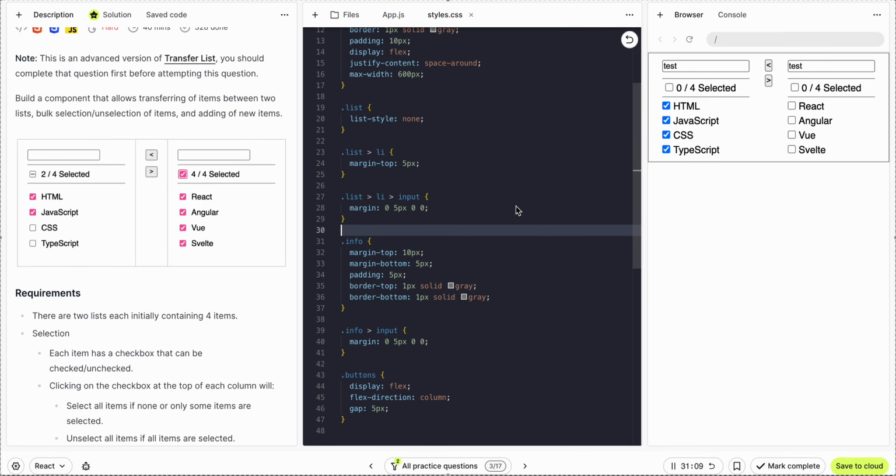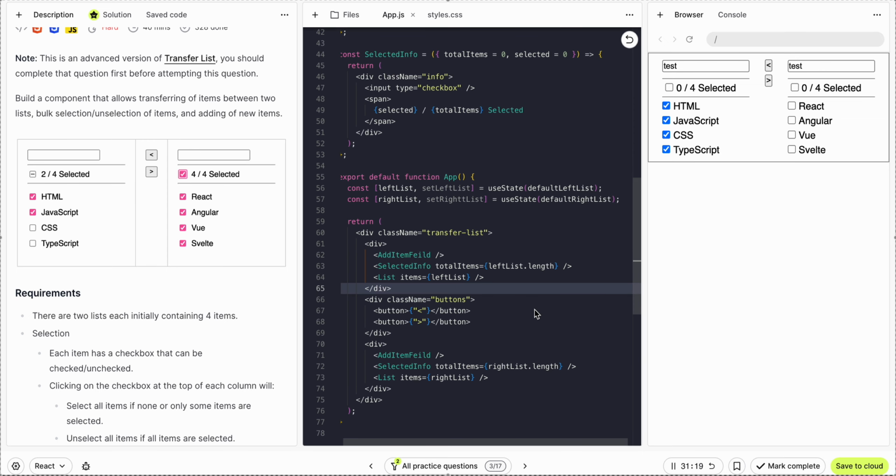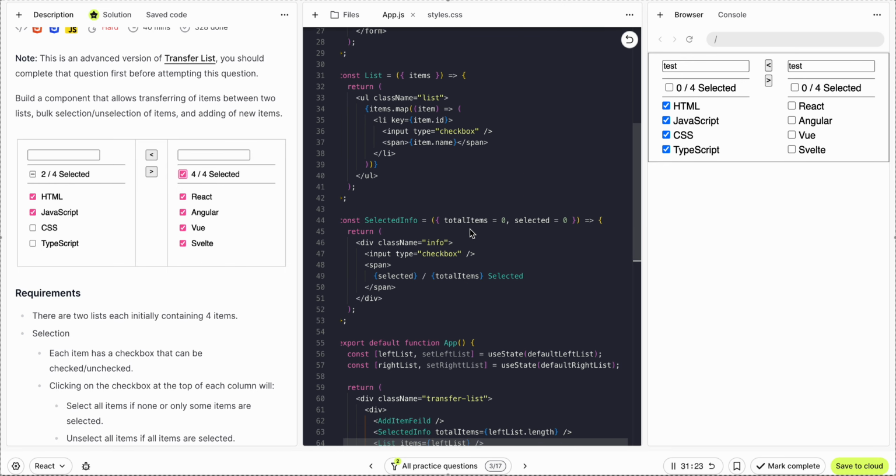Okay, done. So let's not spend more time on designing. So let's remove that